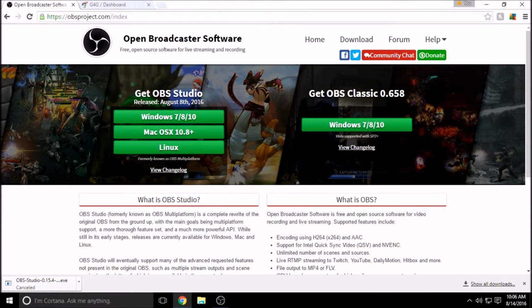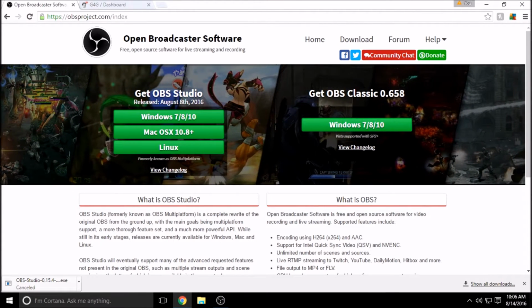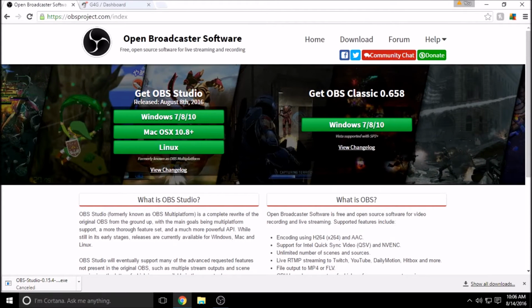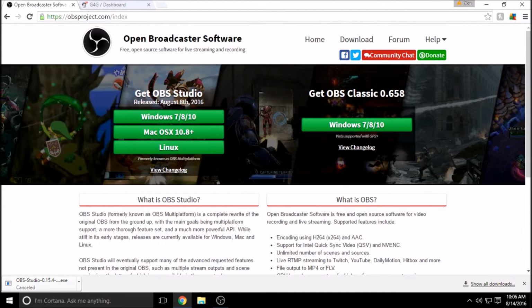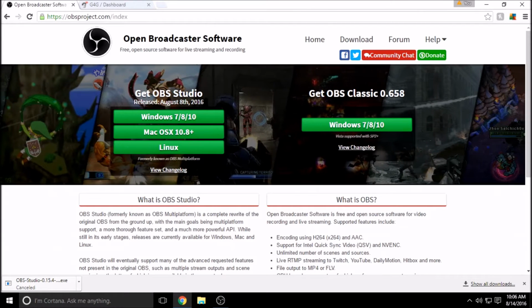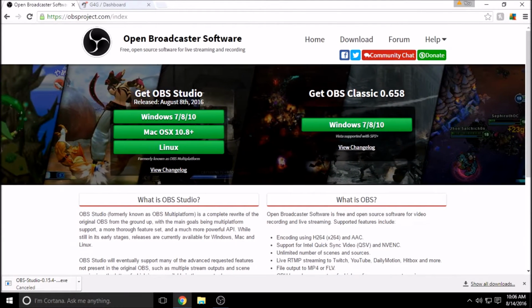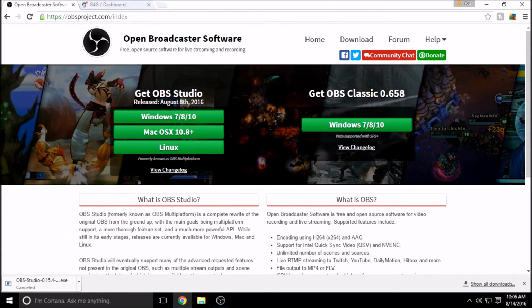So with that being said, I'm going to show you how to set up just a basic game capture, video capture, an image overlay, and then your browser source plugin to get all your cool features like follower alerts, donation alerts, hosts, your donation goal, all that kind of good stuff. So we're going to keep it short and simple as always, but